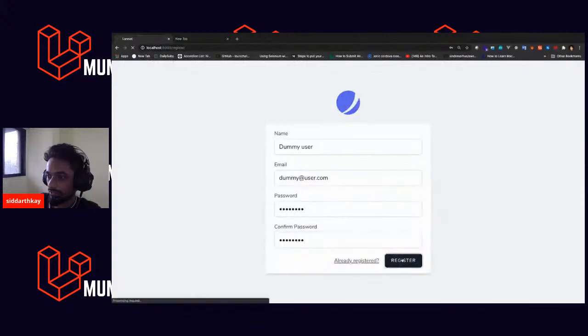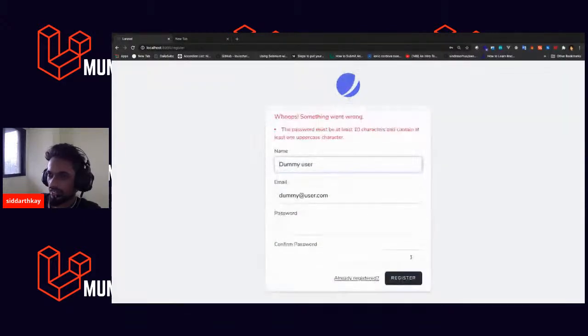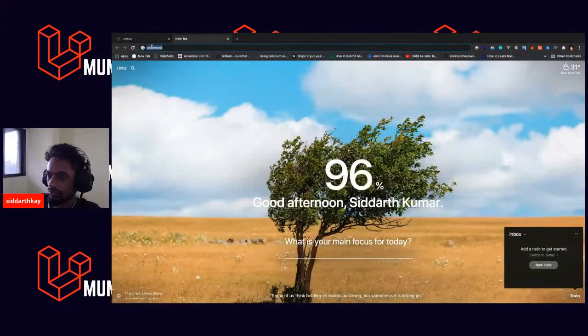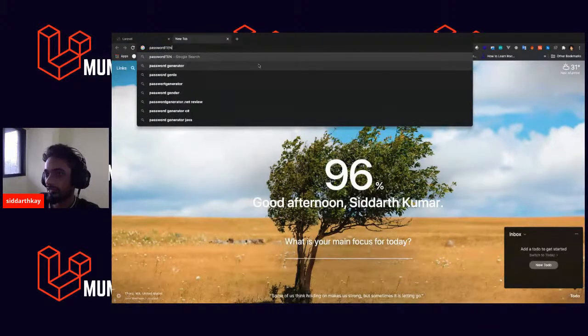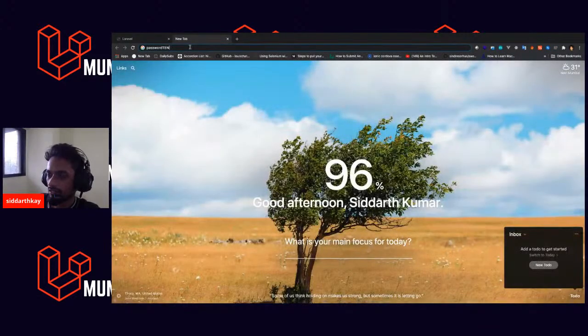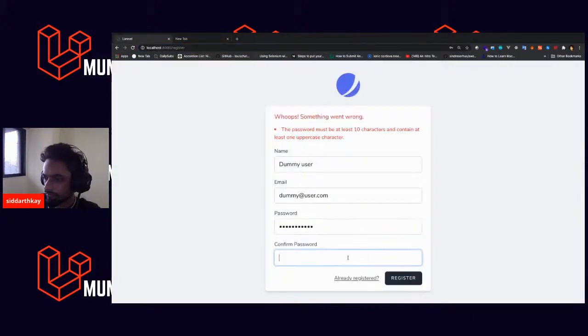And you enter the password. When you try to register, your validation should come up and say it needs to be at least 10 characters and needs to contain an uppercase. So let's do that, right? So we can do stuff like password and probably 10. That's it. Do we need numeric? No, right? So I think this should do. Yeah. So we copy this, paste here,